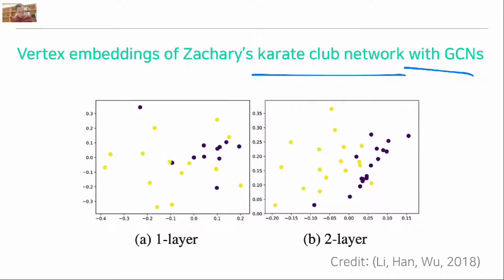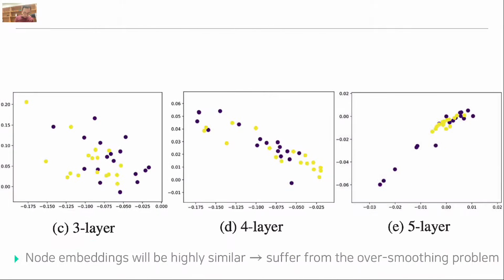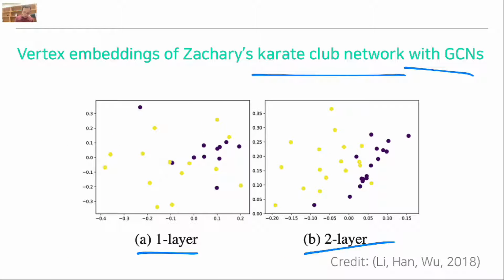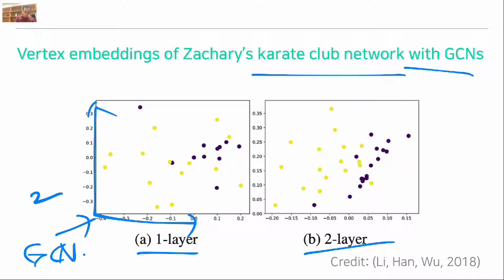Each color represents the class label. When we use just one layer, we get this. It's not a bad result. Two layers, still getting a meaningful result. This is the visualization from the GCN layer, and when we set the final output representation as 2, we can just directly visualize this, right? Anyway,